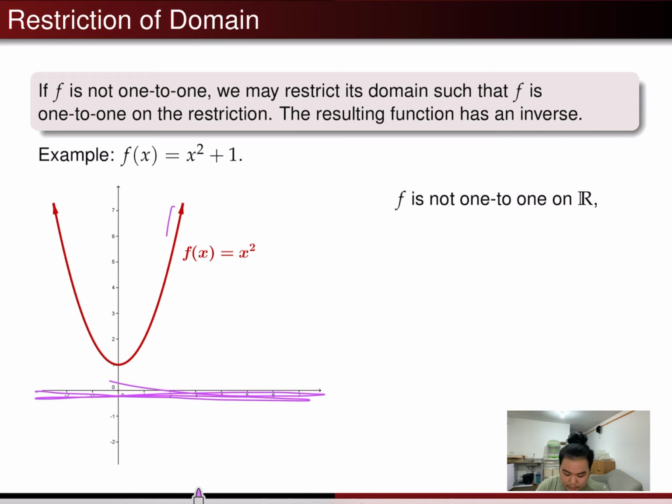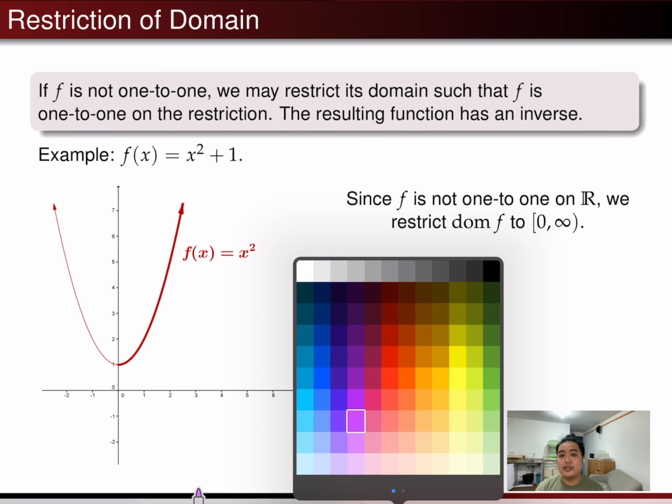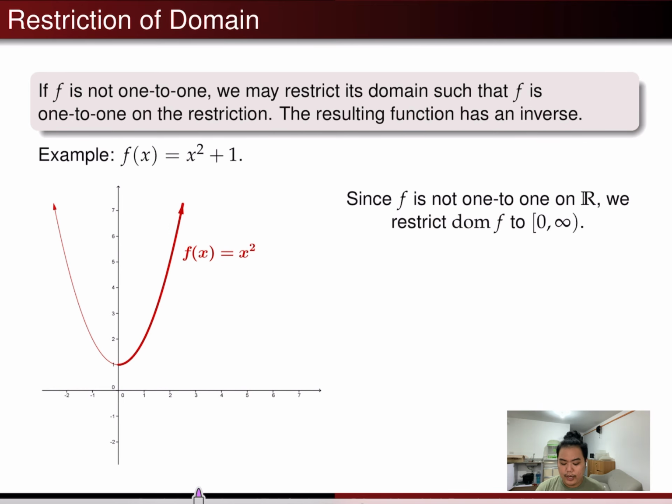Pero kapag kinuha mo yung isang portion lang, it becomes one-to-one. And in that case, if you want that portion, the highlighted portion, this one, then the domain must be from 0 to infinity only. The set of non-negative reals. Pwede rin naman yung kabila, no? One-to-one pa rin yung. Pwede mong i-restrict. You can also use this portion. As long as it is one-to-one. Okay. So, kapag nangyari yun,